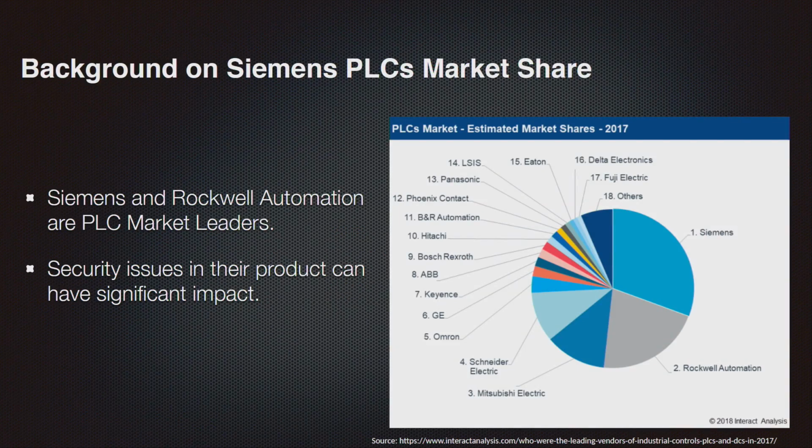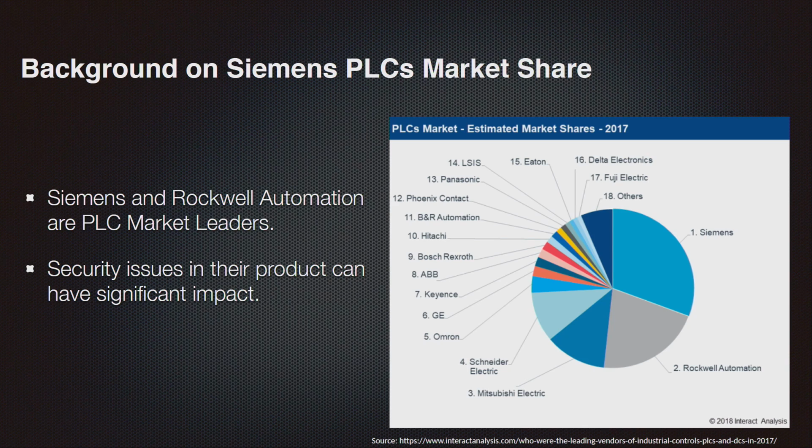Here we can get some feeling about where Siemens is positioned inside the market. Together with Rockwell Automation, we can see that it's more than a 50% market share. So if there are any issues in one of those Siemens PLCs, you can imagine them to be spread around a lot of facilities, and that's where there can be quite a bit of an impact